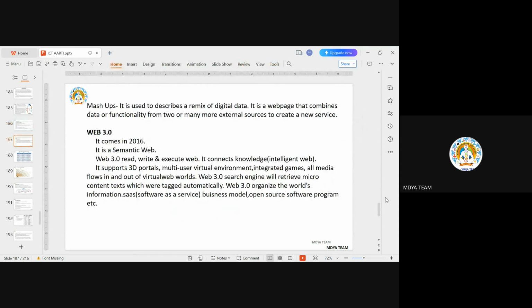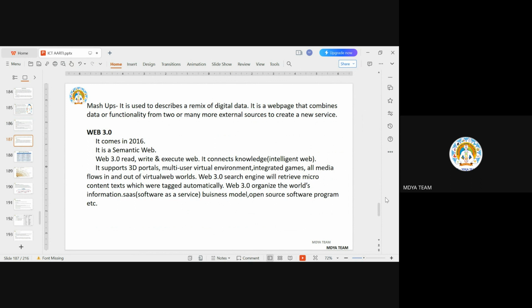Mashups, as you see, ten or fifteen years before, there were mashups like so many songs, ten to twenty. You take the first four lines of every song, and they mash up all the songs into one video or one audio. So this is a mashup, combining the data in one place.